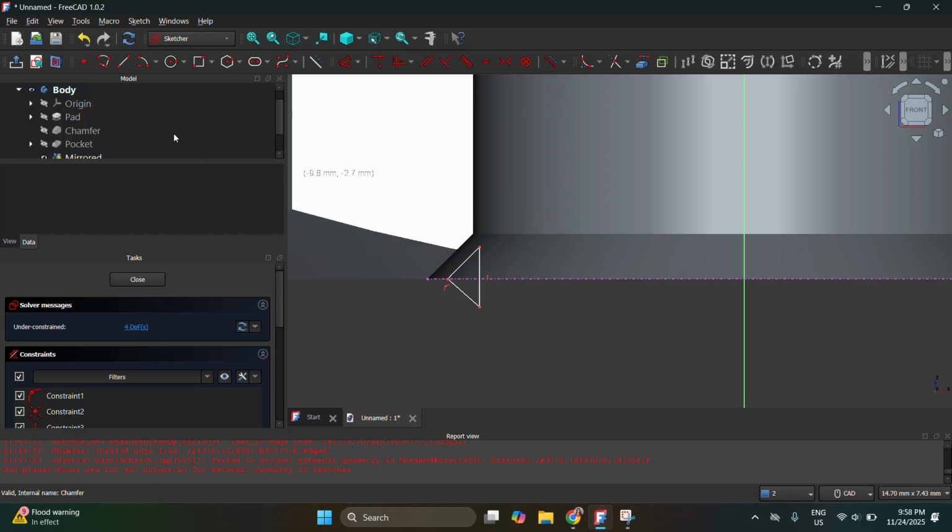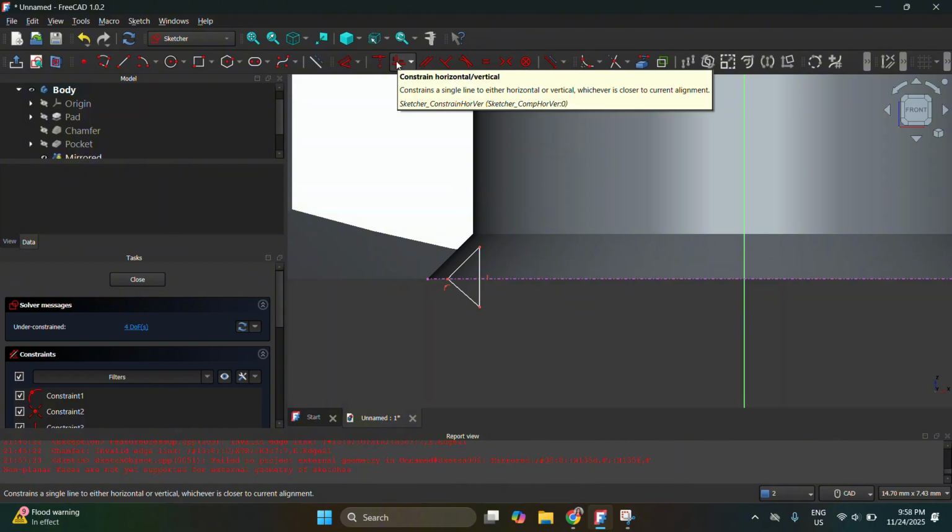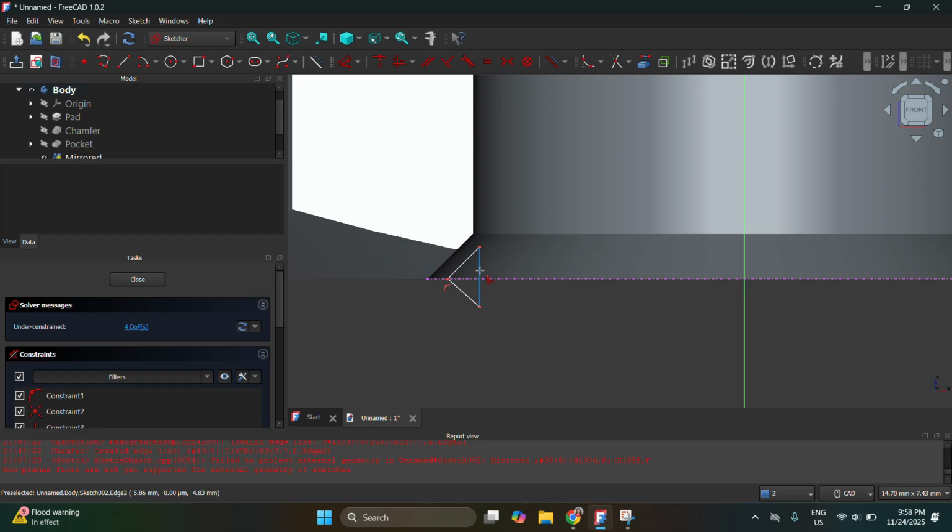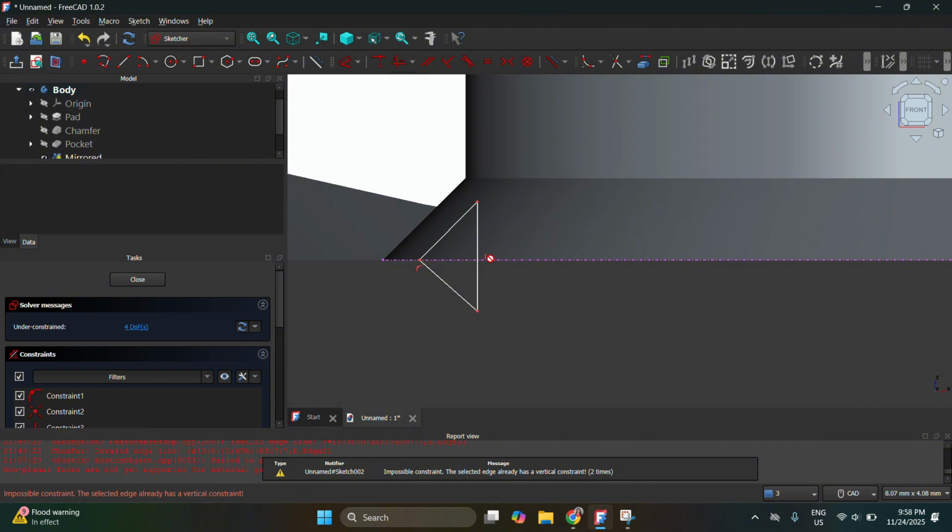So let's press escape first and make sure that this one is vertically at a 90 degree angle. Let's click this one. This one is called constraint perpendicular or horizontal. You can actually select constraint vertical. That is 90 degrees already.